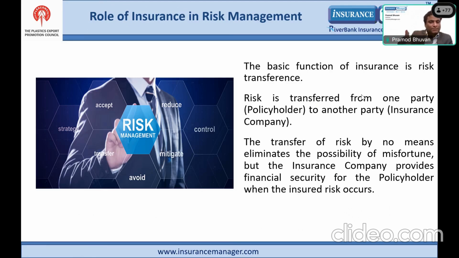Why I kept this slide is because the idea is that mostly when you take risk related decisions, you bucket the risk, whether you want to transfer the risk, whether you wish to retain the risk because you see that the element of risk is not financially, uska impact bahut zyada nahi aayega, to ho sakta hai aap usko retain karte hain. But as you feel that the risk ka magnitude बढ़ सकता है, you may always try to review it and transfer it out to an insurance company in the form of insurance contract.